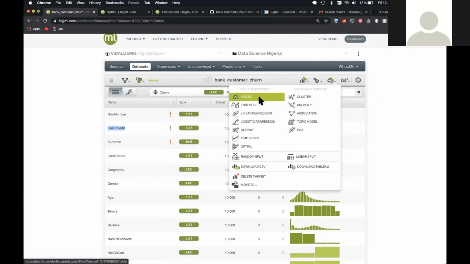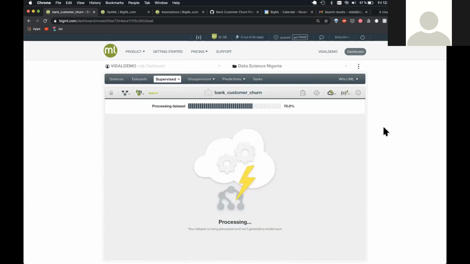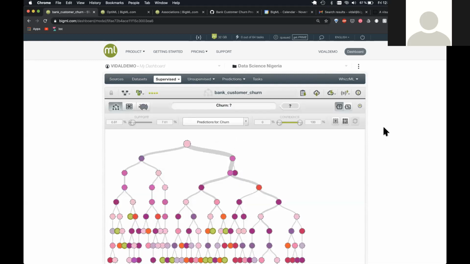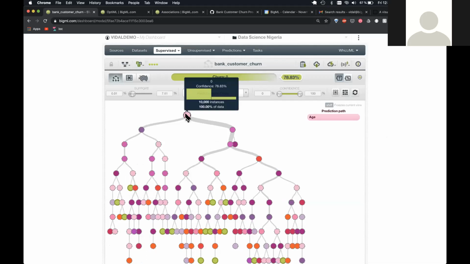So here, what I'll create now is a model. And a model is what we call a decision tree. So I'll create a decision tree with one click without touching any configuration parameters. And now my decision tree is created, and you can see that there's a visualization tool for the decision trees,